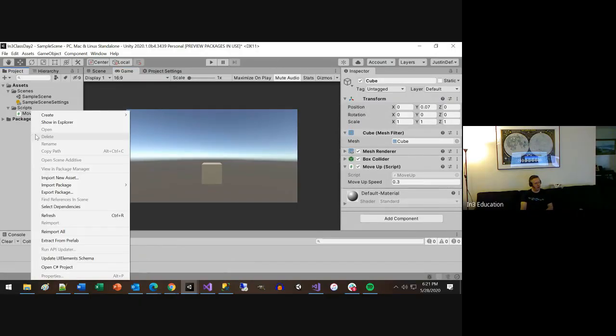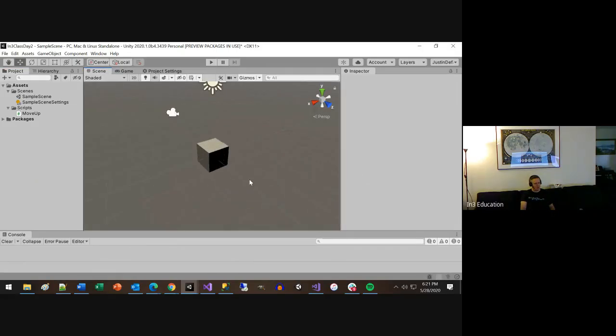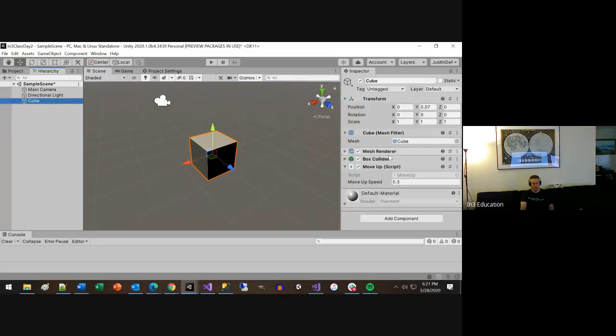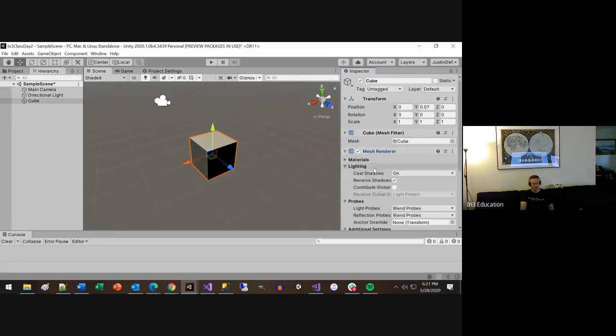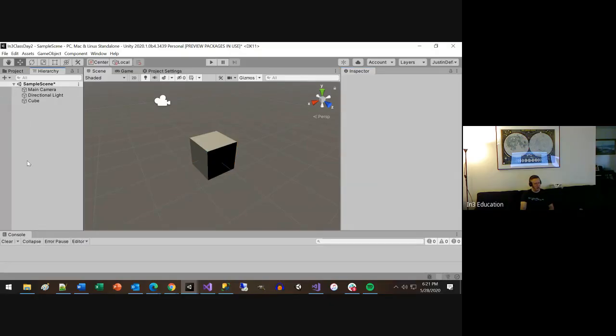Last time we got through how to add game objects in materials. If we wanted to change our box color here to a different color, we would highlight it in the hierarchy, and our mesh render has got the default color right now, but if we wanted a different color,